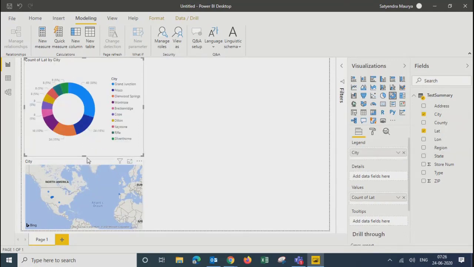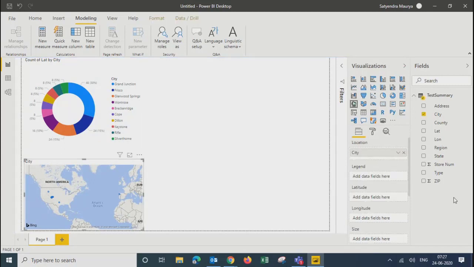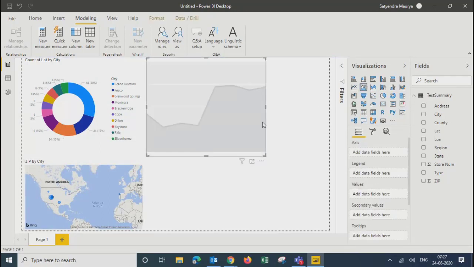Okay, so one is ready. And the second one is, okay, let me take zip codes. Fine. Then in the third one, maybe I can take some other chart, for example, this one.